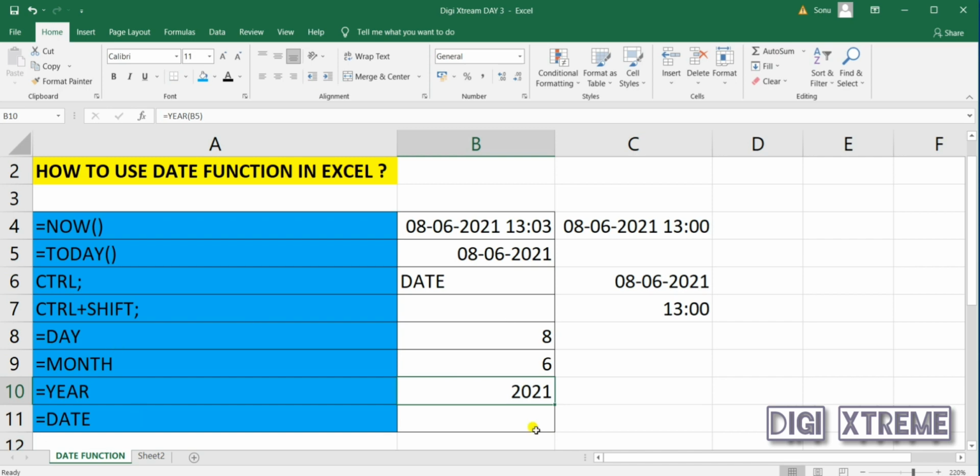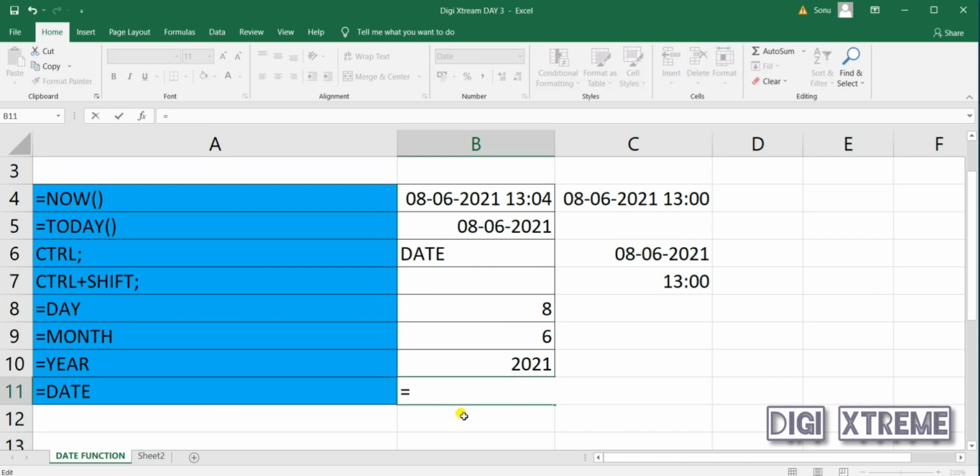Day we have got. Now let's try with this to see what we get. After we start with equal to and we apply the formula, it will provide you the formula name. So what is this formula asking first? Year. This is our year. Then month. This is the month. Now day. This is the day. Now close the bracket. It will provide you the date. See. All right.